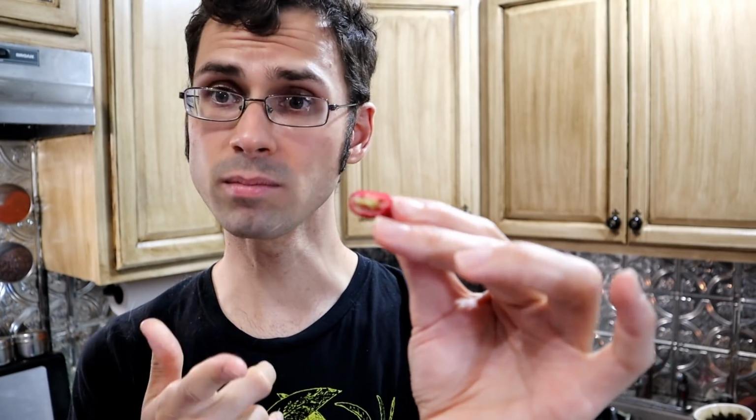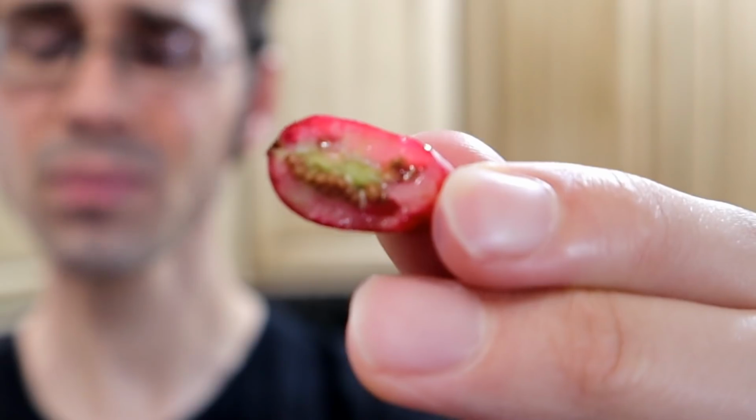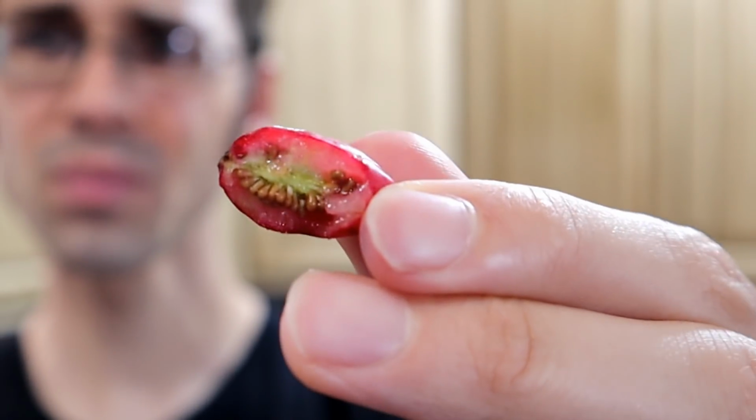Substantial. Those other ones are just tiny little things. This thing, it's got a crunch to it. The texture on it is good, but it reminds me a bit of just like biting into a piece of okra. It's kind of mucilaginous and a little bit vegetal. Doesn't have a whole lot of flavor to it. The sweetness on this